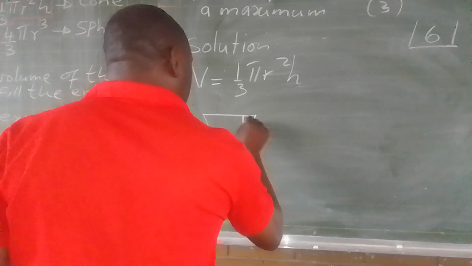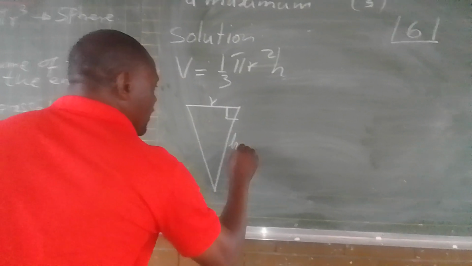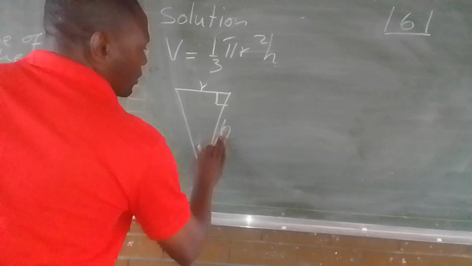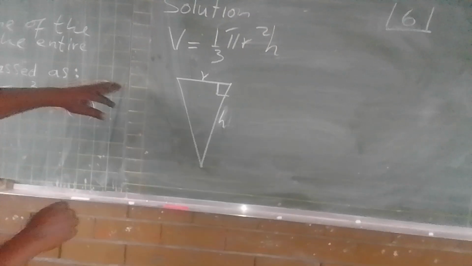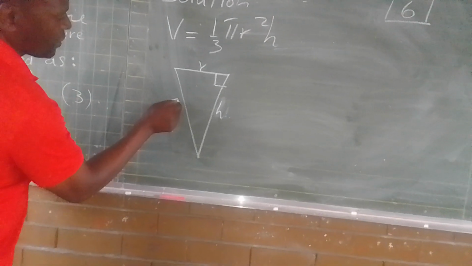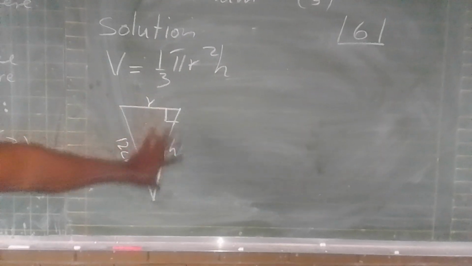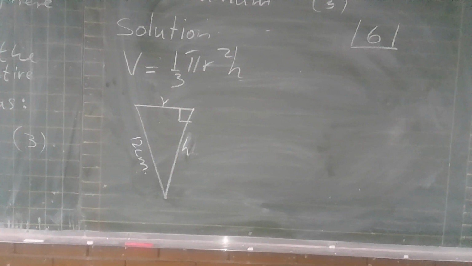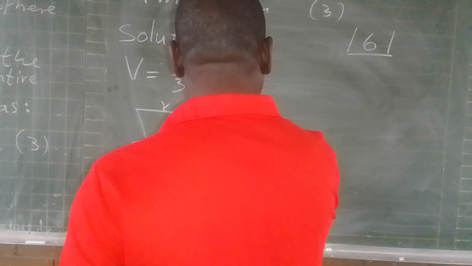We have our 90 degrees here. We have our R here. We have our H here. Then we have 12 centimeters here. What do you see when you see a figure like this one? You remember Pythagoras theorem. Pythagoras theorem says